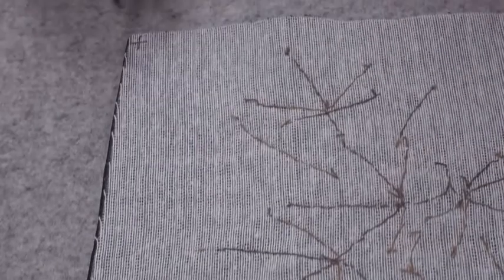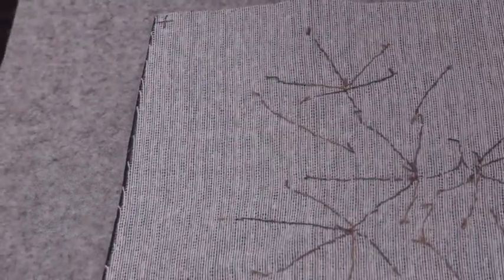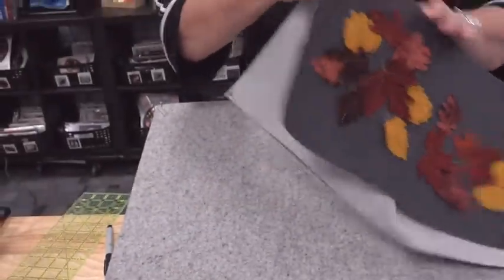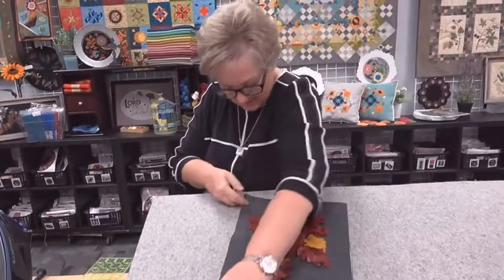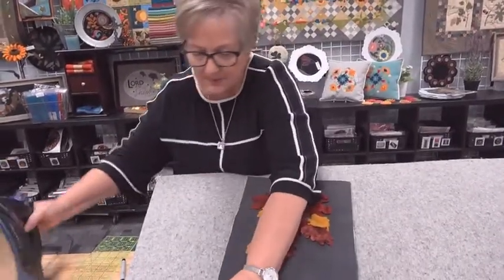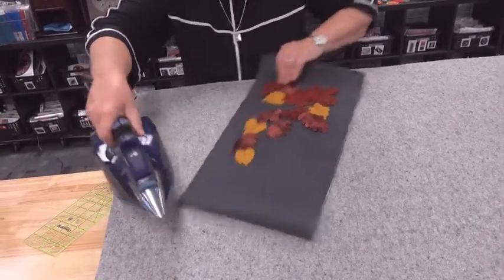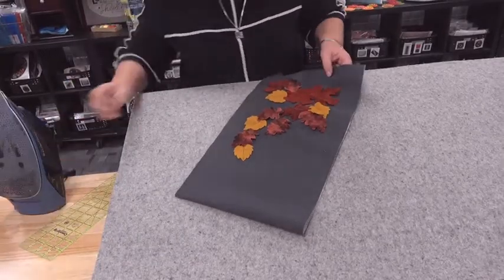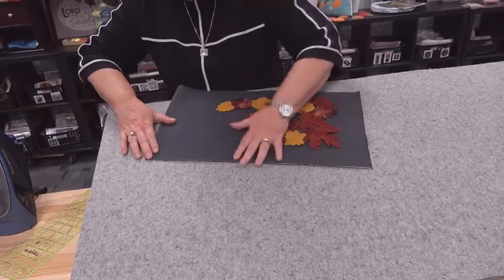So I have marked all 4 corners and now I'm going to find the center of each piece. This is my front and I am going to find the center, and you can do this with pins. I like to iron the crease in too, just a little teeny bit to give me a real defining center point. And then I'll do that on all 4 sides. I will find that center point